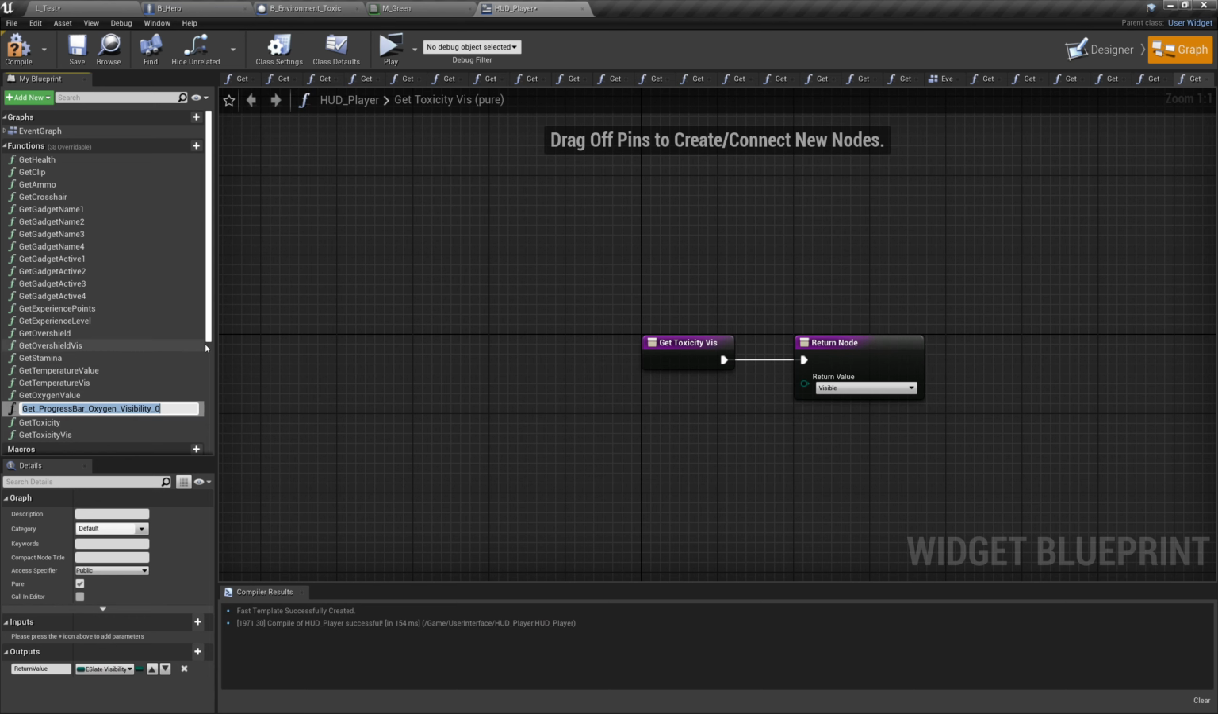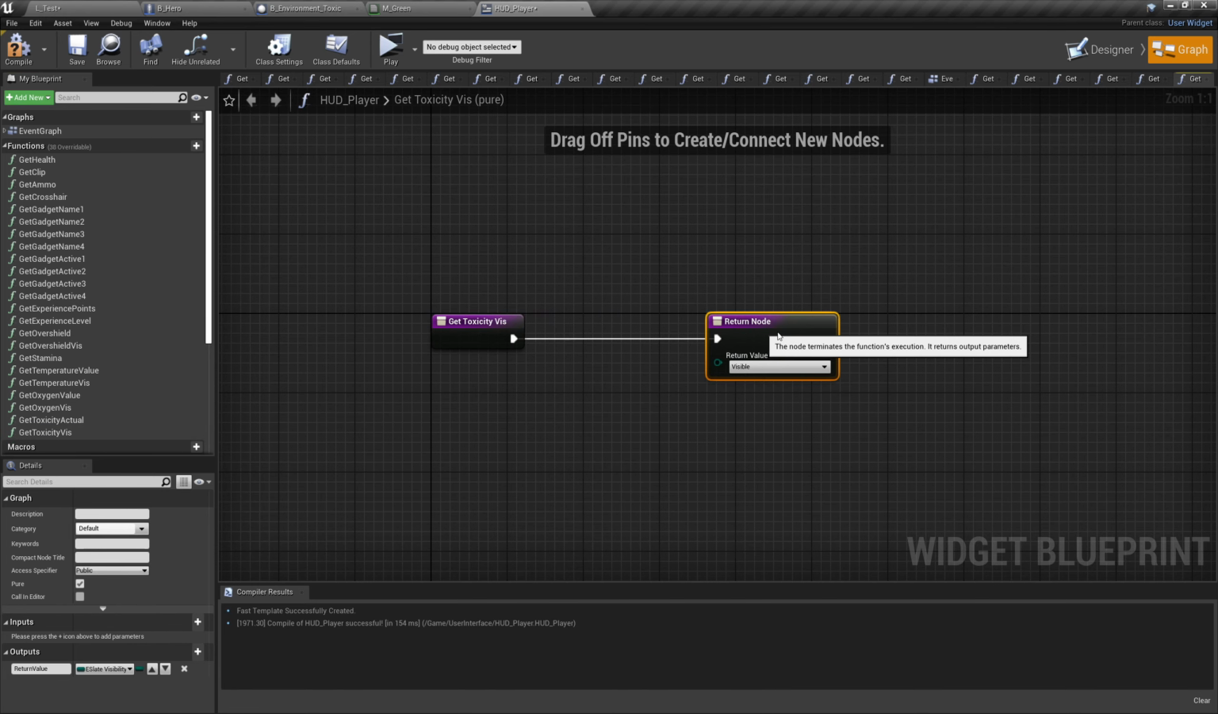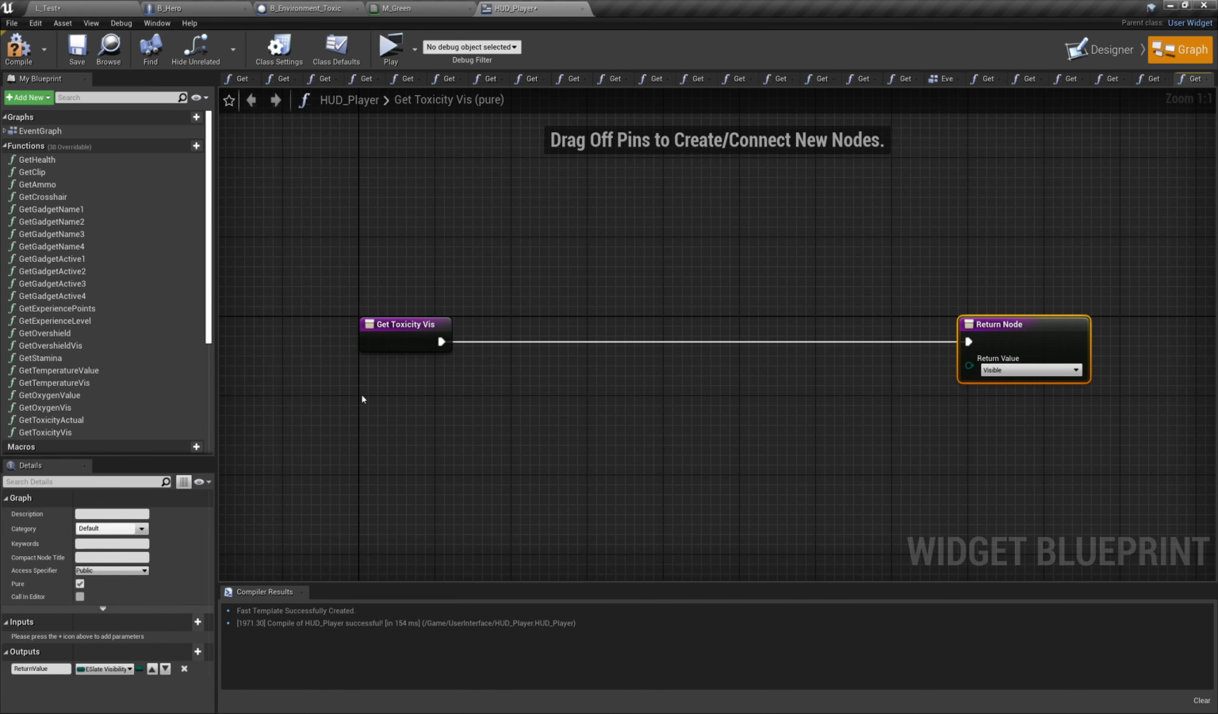I've forgotten to name this function here, so let's do that as well. So this was oxygen, get oxygen viz. Toxicity will change to toxicity actual and toxicity viz. You can see there's a nice little pattern going on here, and we know what's going on. Let's grab hero,